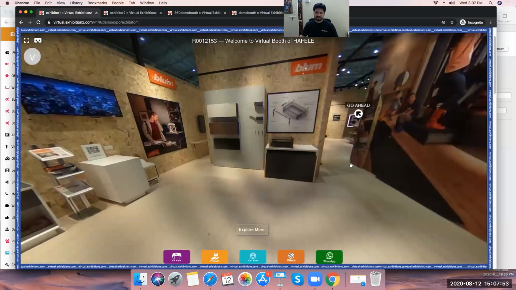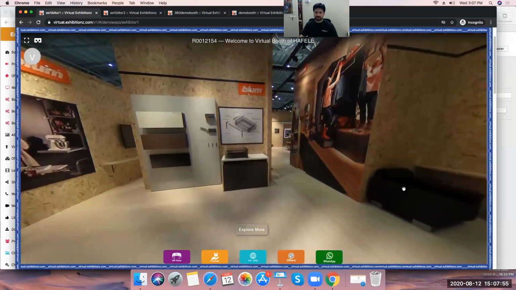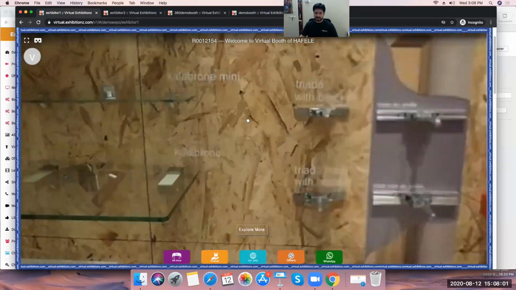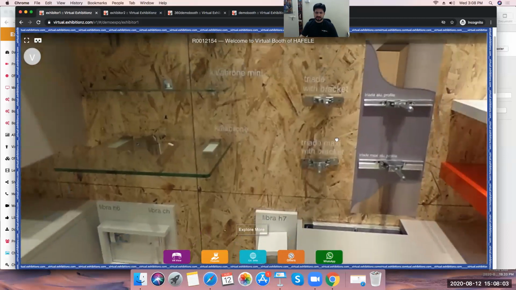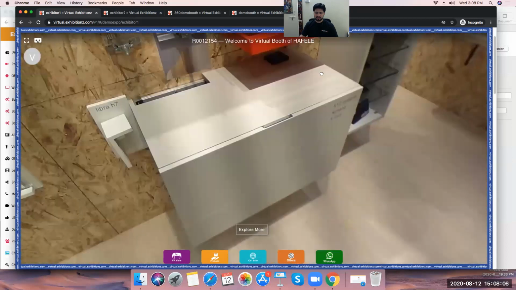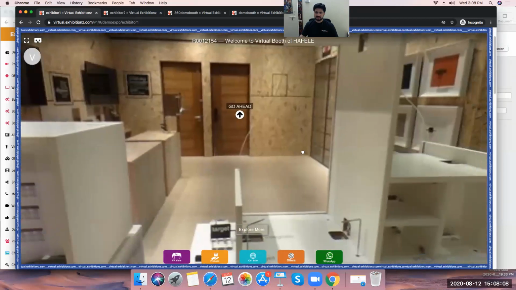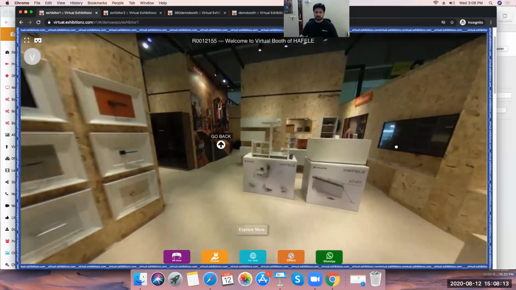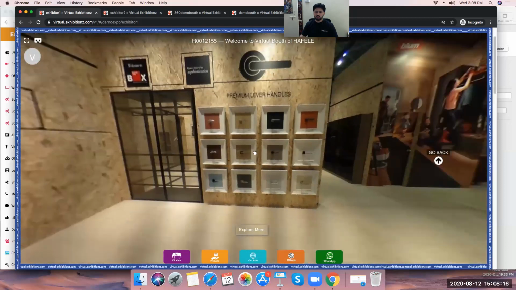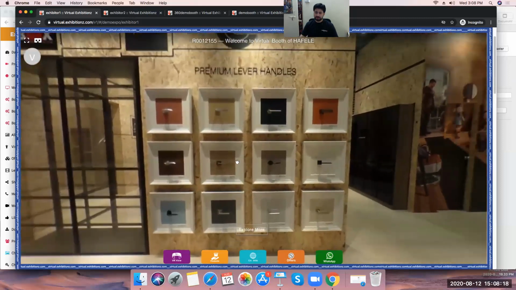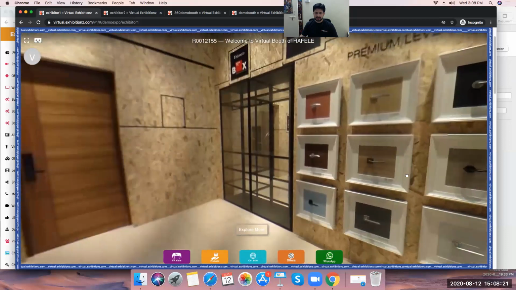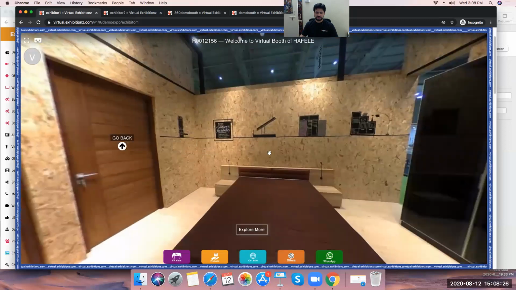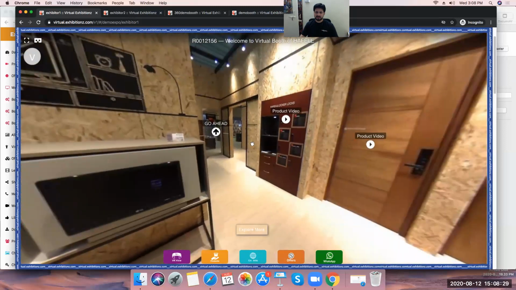So in a similar fashion, I can go and explore other areas one by one. I can see their products, I can zoom in, I can get a better idea about a few things, and I can move from one point to another. So the core concept is that we are not just showing that there is a booth, but also showing what elements were showcased at the booth, with all the different aspects. Here are a few of their products that were shown,